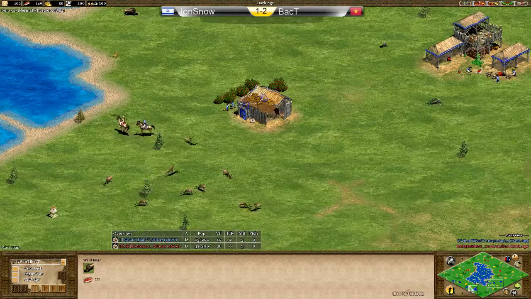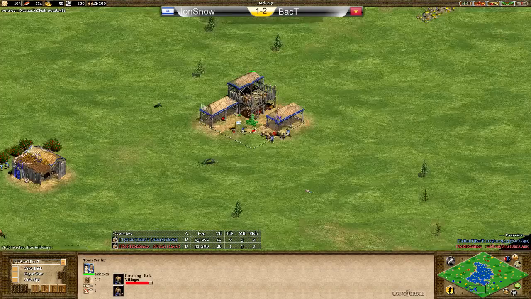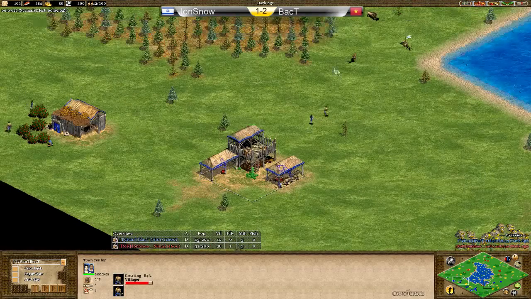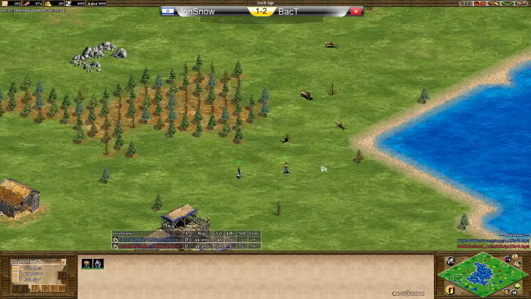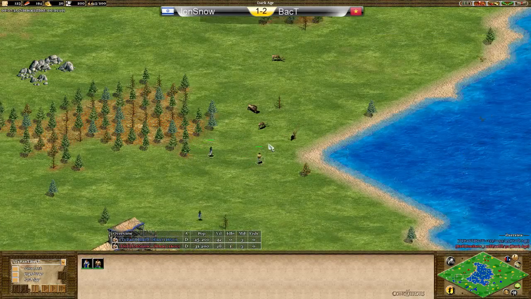I feel like BacT here has definitely got a much better start. Not only in terms of not losing villagers, but also his consistency with the TCs. And also the fact that his planning, I think, he's got everyone the right villager numbers and who needs to go to with when and so on. That's what happens when